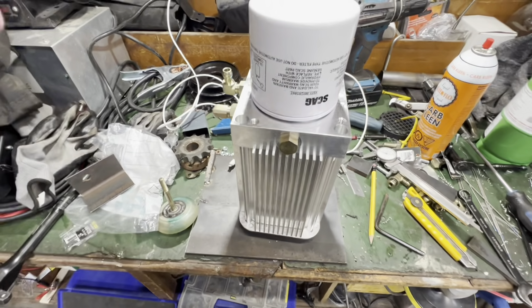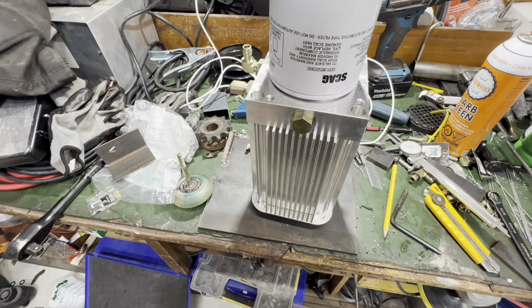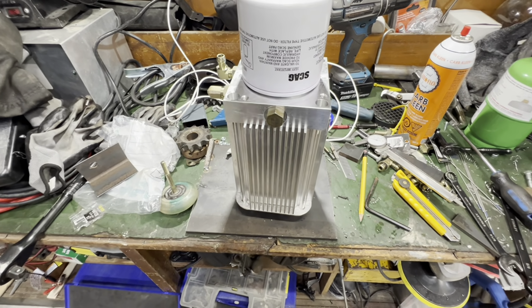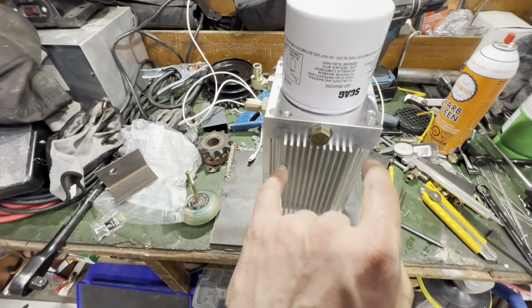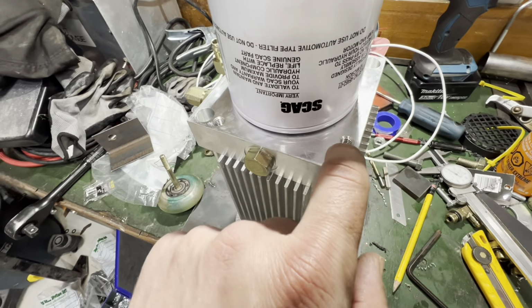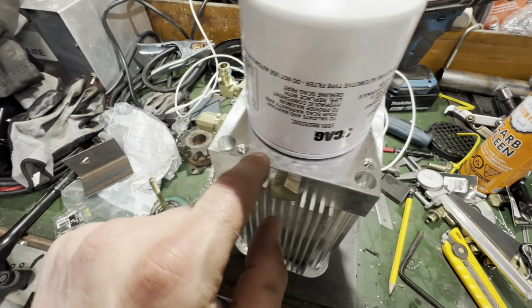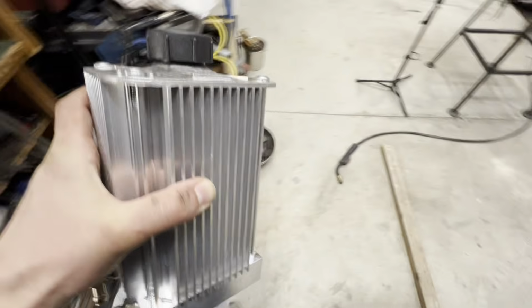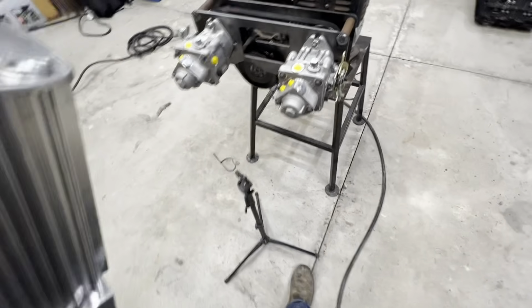All right, the last thing that I would like to do for this part of the build is get this filter reservoir mounted between those two pumps there on that bracket. The bottom of this reservoir has two holes that are drilled and tapped, and I would like to build a little plate that basically holds that